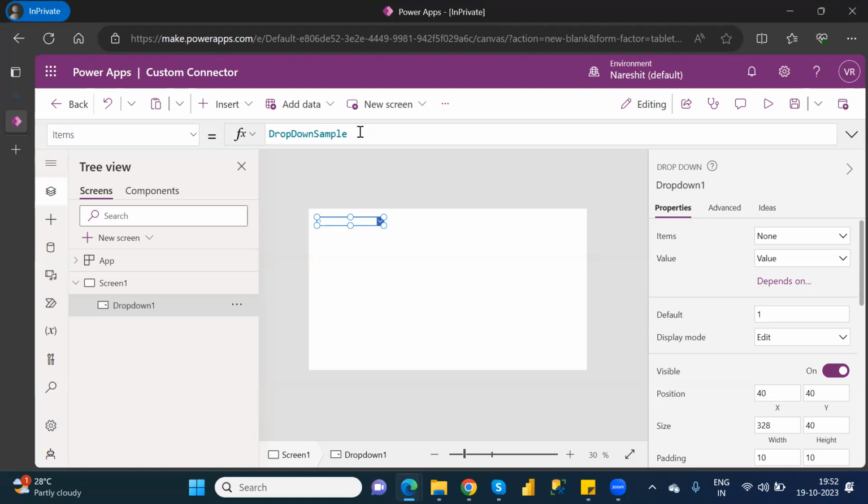For this, if I want to load some countries, there is no need to load everything from the data source itself. You have to create those countries data here also. That means under the items property, you can load the countries' data. That means you can create some static countries here. How you can create it? Suppose for example, New York. Suppose for example, India,